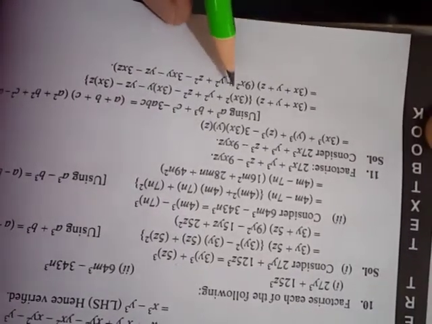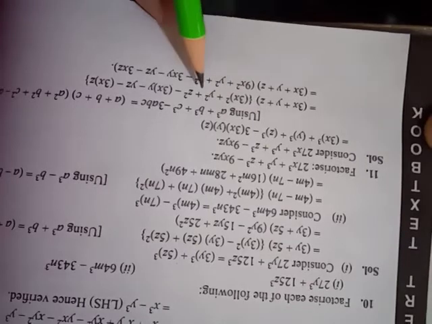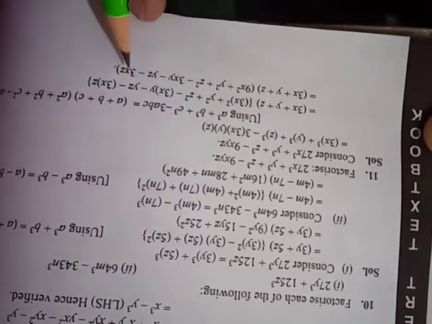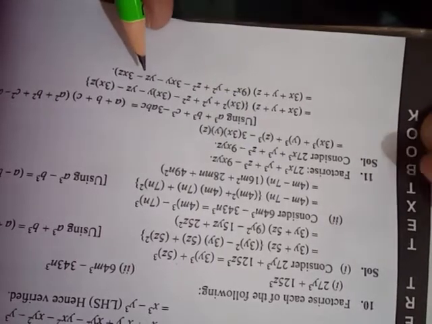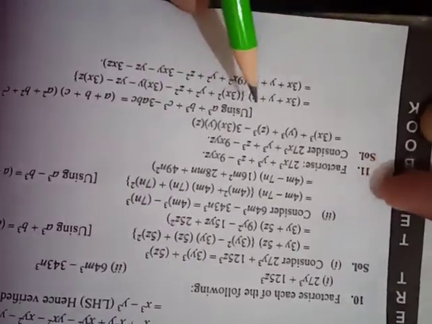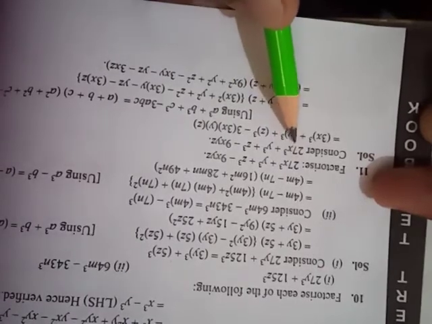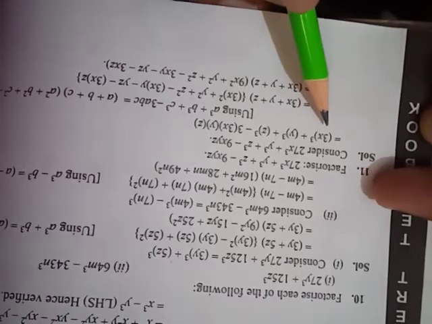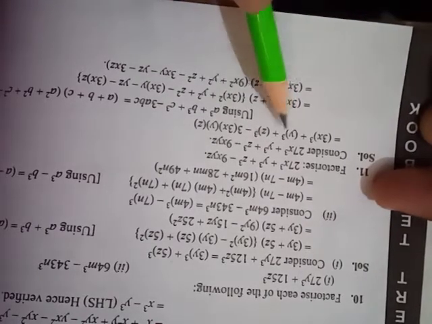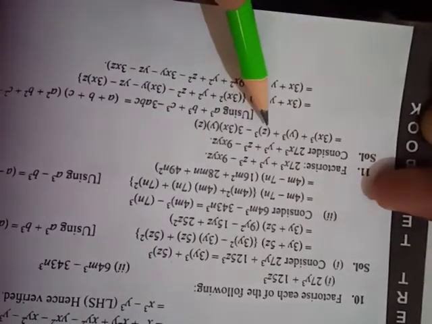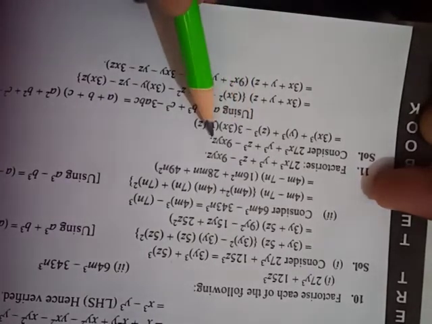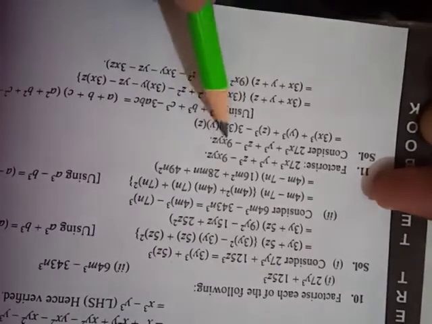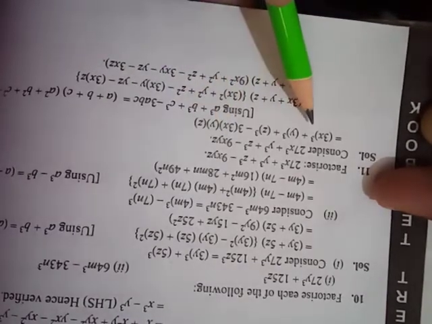3x plus y plus z, 3x square is 9x square, y square is y square, z square is z square, 3xy, yz, 3xz. This is the solution for question number 11. Very easy. You can write 27x cube as 3x whole cube, y cube as y cube, z cube as z cube. And 9xyz you can write as 3 into 3x into y into z, because the product of these is 9xyz. This is then the identity.